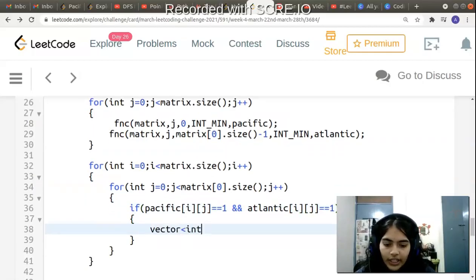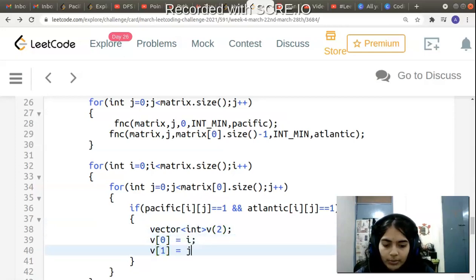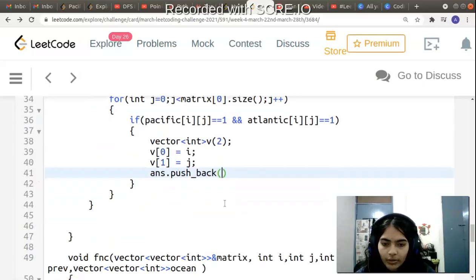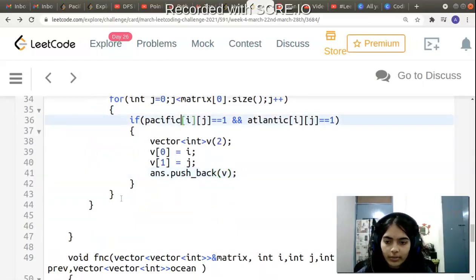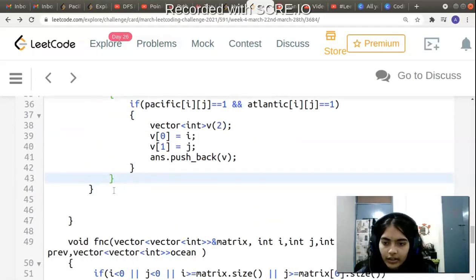So vector int v, with size of vector int as 2, and then v of 0 will become equal to i, and v of 1 will become equal to j. So I have to just push the coordinates, right? So then answer dot push back, what coordinates am I pushing back? So v, because whenever this condition is true, we need to return all those coordinates. So that's it, and finally I can return answer, and this should work.